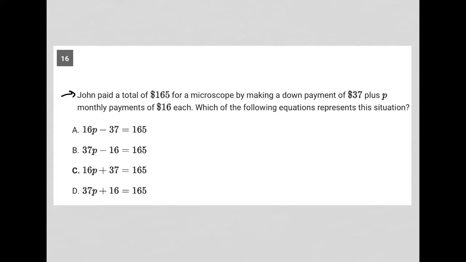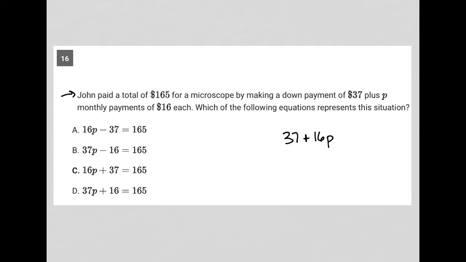So this question says John paid a total of $165 for a microscope by making a down payment of $37 plus P monthly payments of $16 each. Okay, so he's paying $37. In addition to that $37, he's going to pay 16 times P, however many